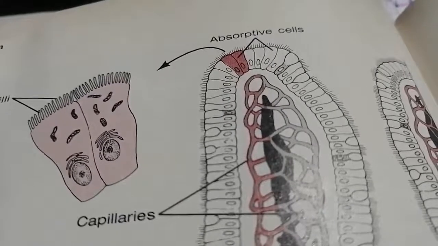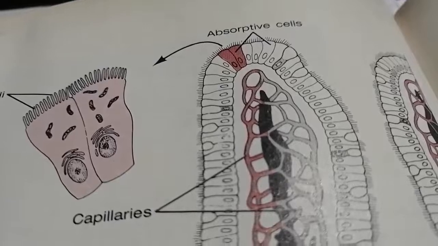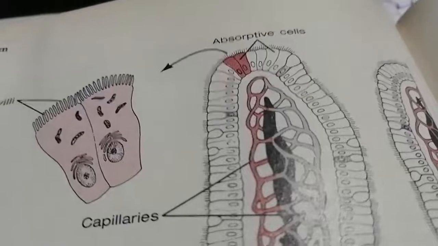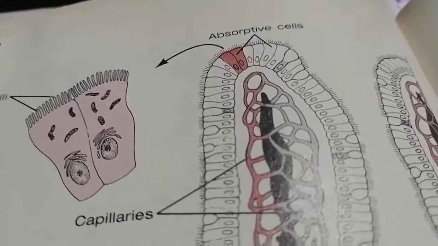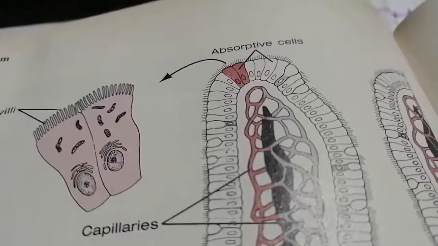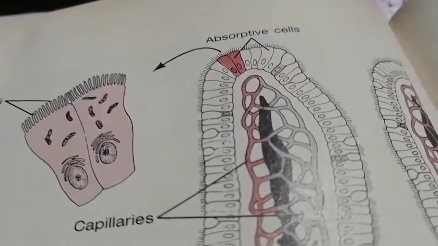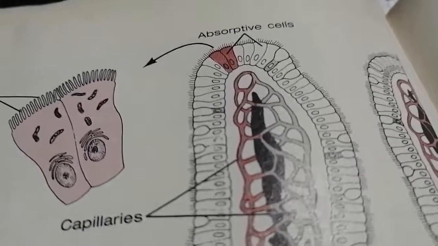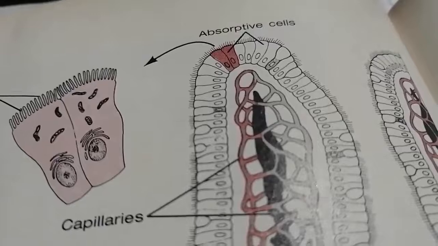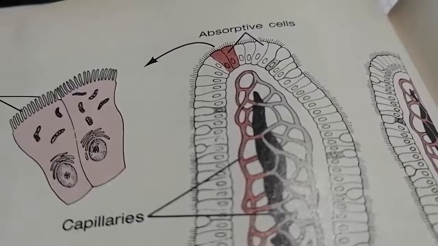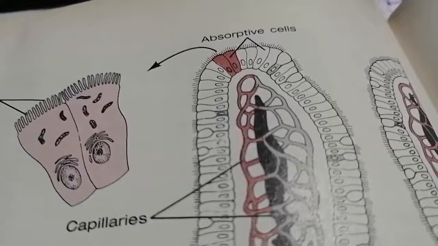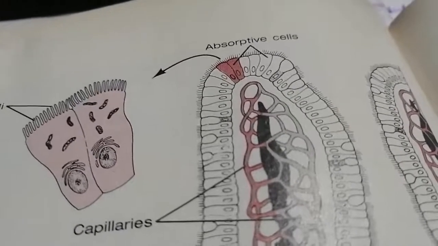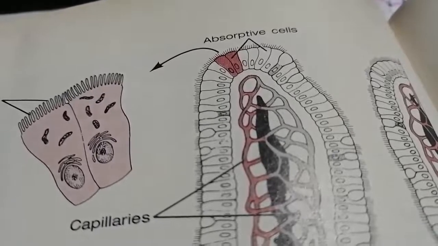I hope you have read about active transport and passive transport in your class 9. And if it is not clear, then in class 11 I have taken a video on active and passive transport. You can go and see that video also. So by simple diffusion and by active transport, most of the substances are ultimately absorbed by your blood. Mostly your carbohydrates and proteins are absorbed by your blood, and vitamins and ions are also absorbed by your blood.